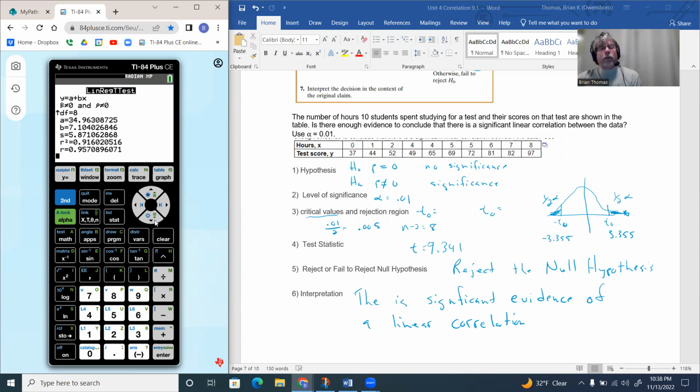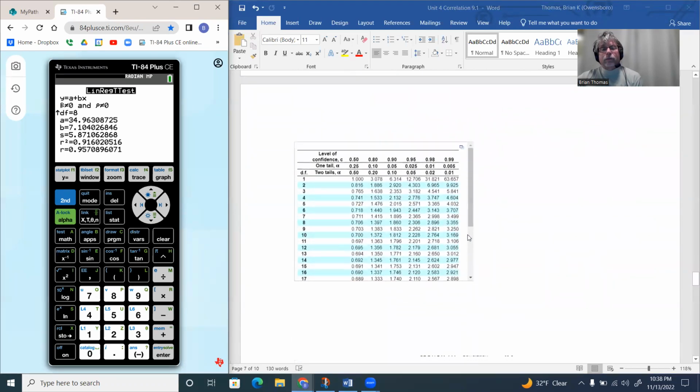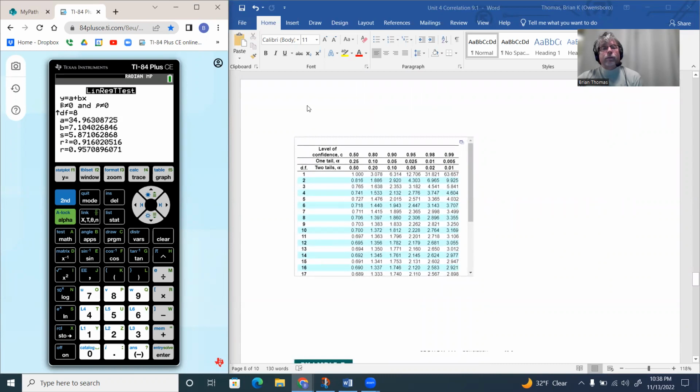So there's a couple of places to get the R value. This is another location doing the test, the linear regression test. Okay, so let's see if we have one more example here. Notice that we also have the table instead of doing